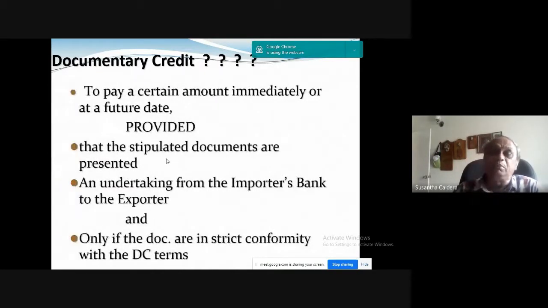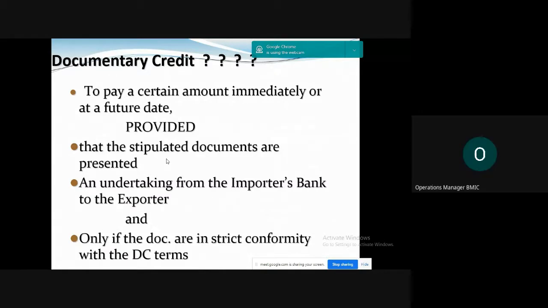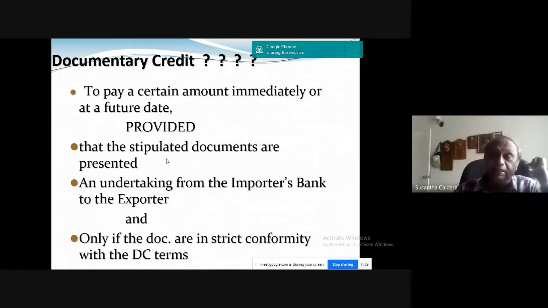to pay a certain amount immediately or at a future date. If we pay immediately, what type of LC do we call it? To pay a certain amount immediately, what type of LC? Sight LC. If you pay at a future date, Usance LC. Right? So to pay a certain amount immediately or at a future date, provided, I put it in capital letters, provided